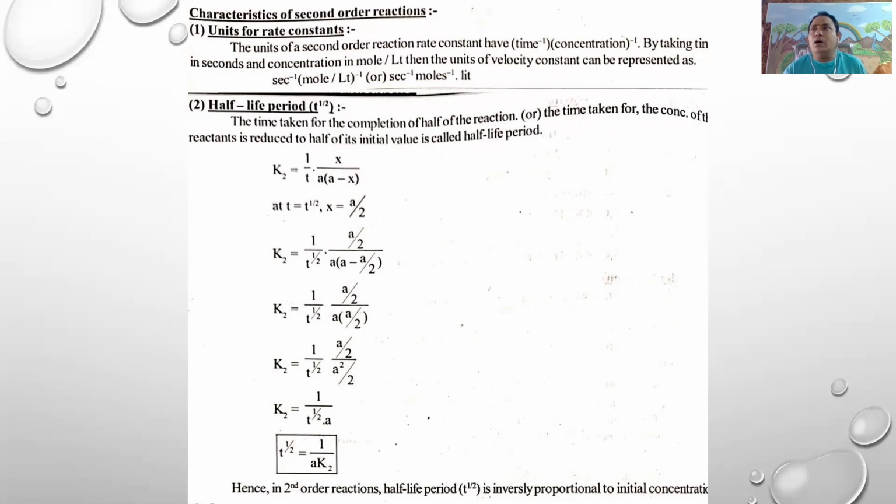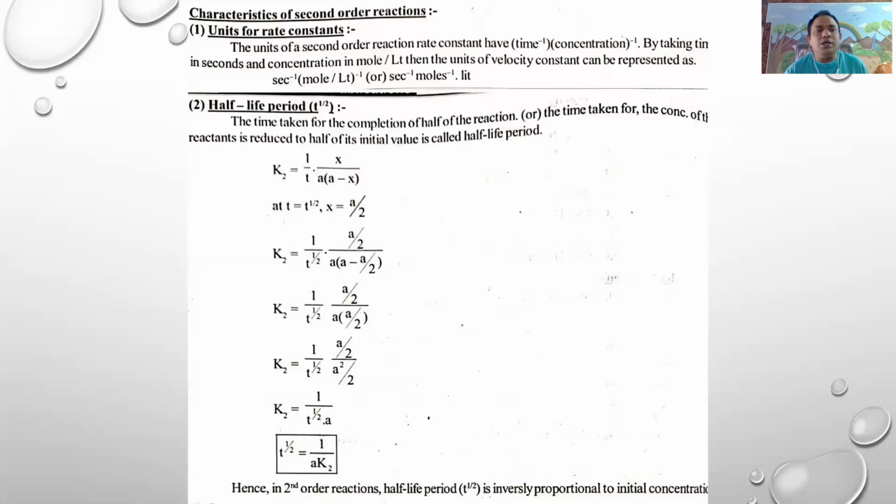Half-life period means the time required for conversion of half of the reactants into products. The time required for conversion of half of the reactants into products is called the half-life period. To derive the relation between the half-life period and the second order rate constant,